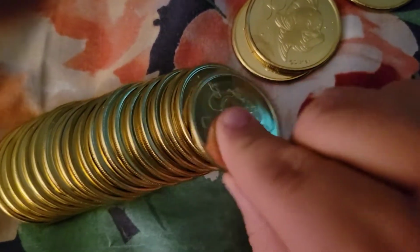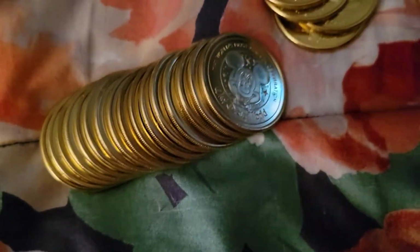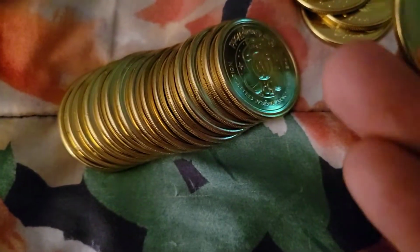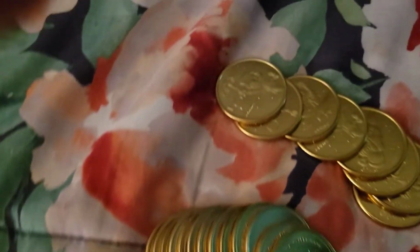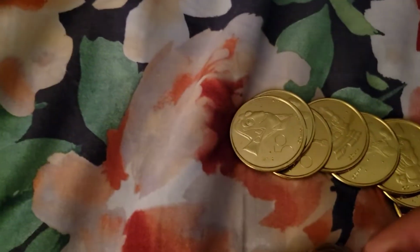Flounder, the Genie, Piglet, what's this one? Jiminy Cricket, Cogsworth, Miguel from Coco. Another Jiminy Cricket. That's right, because when I hit that, I accidentally hit the Jiminy Cricket one twice, and they gave me 2 of them. So I had to get another one after that. Dory, Sebastian,